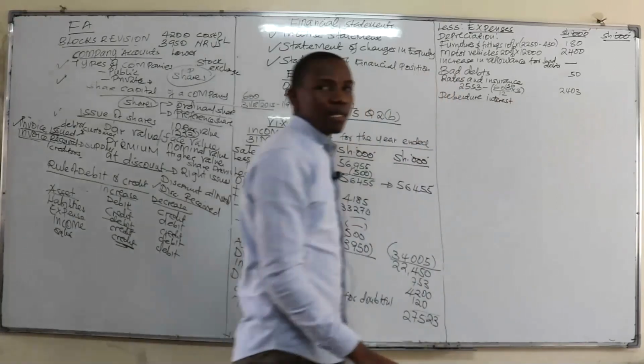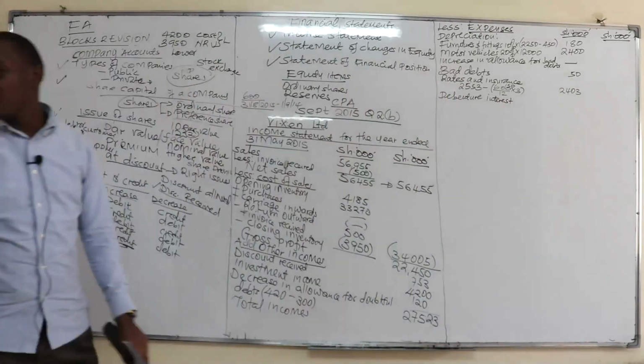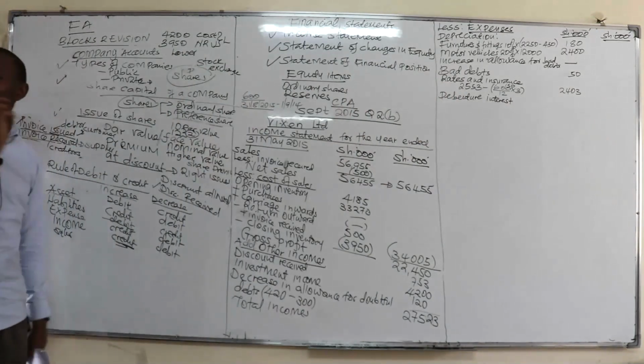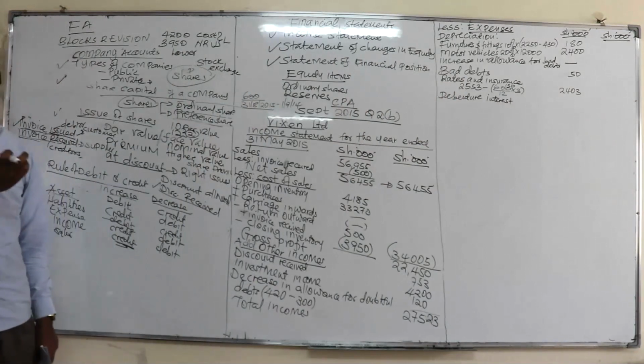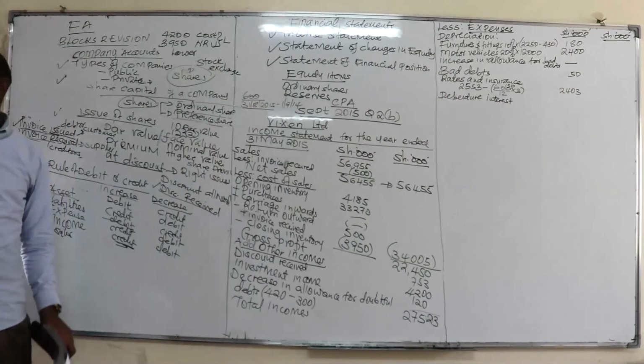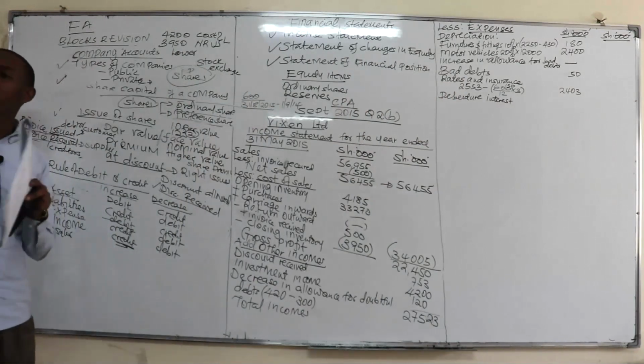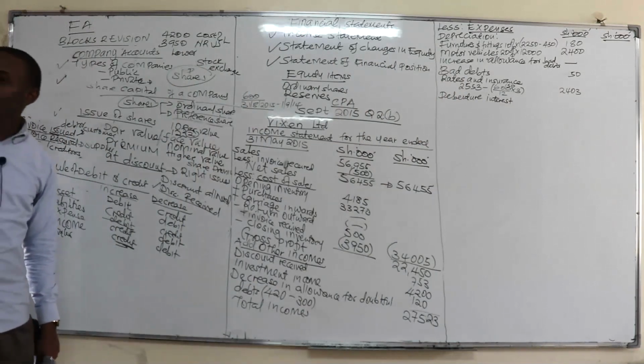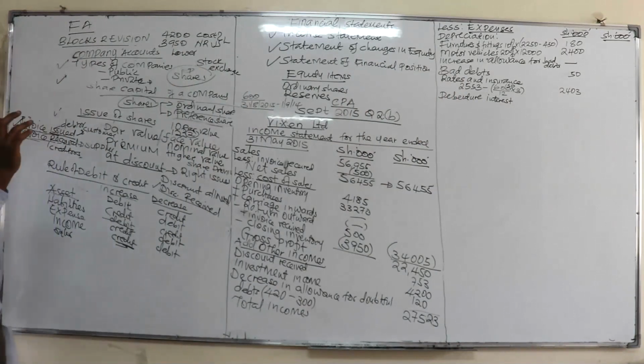Now, in this case, when we talk of debentures, debentures are just like loans. However, a person cannot give a debenture. Only limited companies are allowed to give out debentures, because you have to get a debenture certificate from the government. And once you get the debenture certificate from the government, you are required to issue the debentures. Debentures in this case are just like loans.